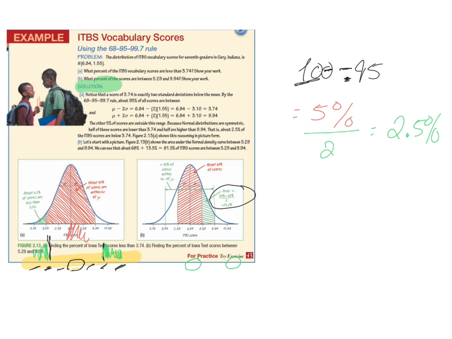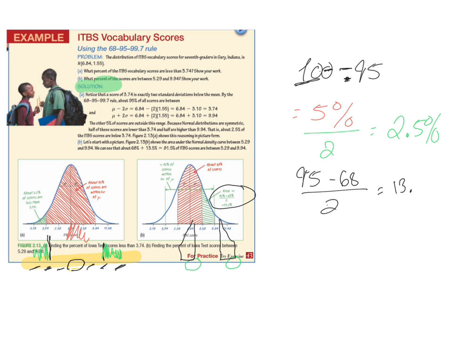Now what we need to figure out is, what is this chunk that I'm highlighting here in black? What is that chunk worth? Well, we know with the 2 standard deviations we're at 95%. So if we take 95 and subtract 68, we're going to get what these 2 pieces are worth, the 2 pieces that I'm highlighting in black. Then if we cut that in half, that gives us the 1 that we want. So if we do that math, 95 minus 68 divided by 2,